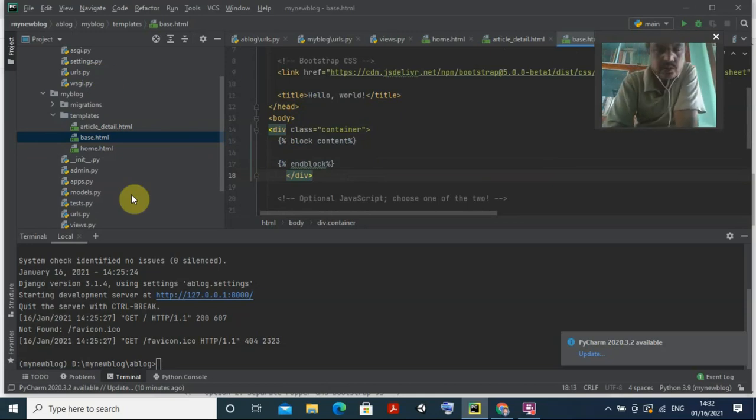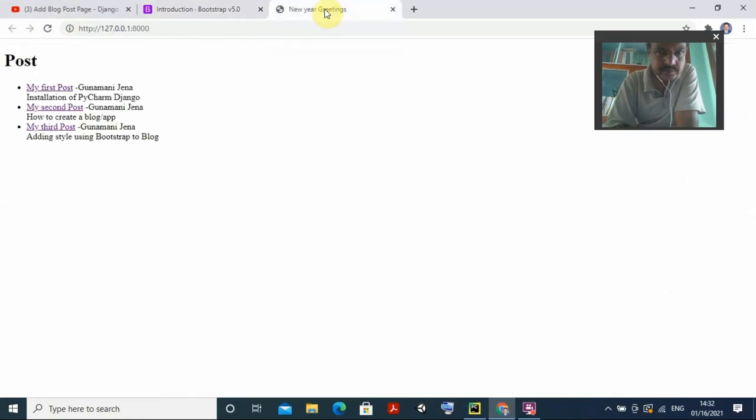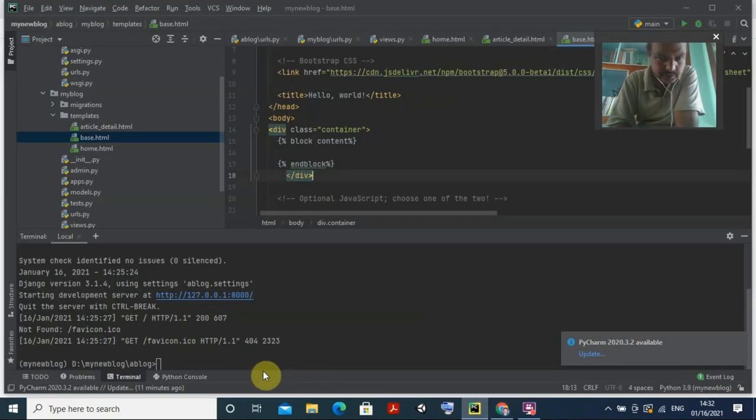Now what you need to do, if you run this program, check it here. You have to run this program again, because I have stopped running it, that is the problem.